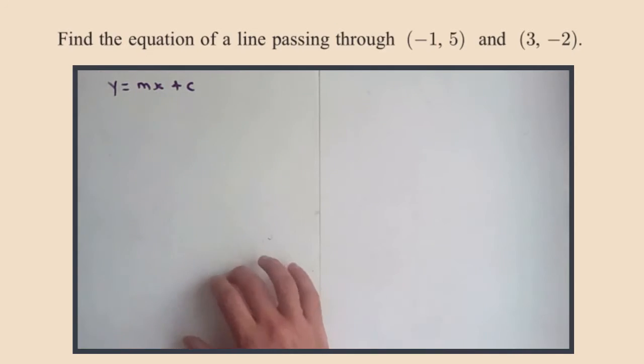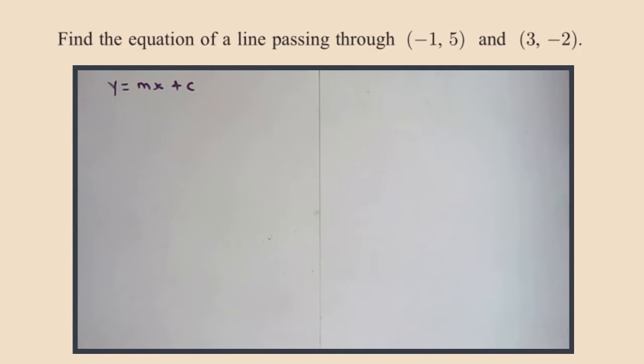Now hopefully you know how to find it. Say if you can see where the line crosses the y-axis, and you can find the gradient by counting squares, something like that. Hopefully you can find the gradient if you can draw a little triangle and work out the y step and the x step. If you know the gradient and you know 1 point on the line, hopefully you know how to do it by substitution. Here we need to combine a couple of things because we have 2 points